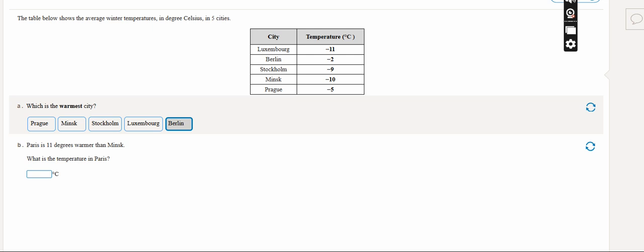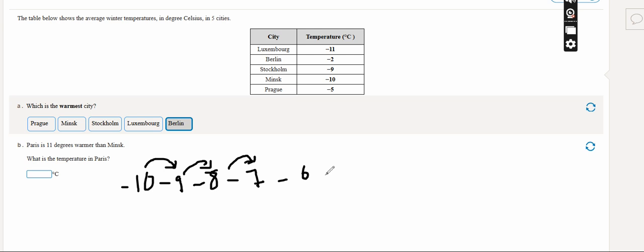What do I mean by backwards is that you will go minus 10, because remember we're going towards the warmer. When we go towards the warmer, it means that it's increasing, so we plus. When we plus, it becomes minus 9 because we're going towards the positive. Remember that, keep that in mind. Minus 9, minus 8, minus 7, keep doing that. Minus 6, minus 5, minus 4, minus 3, minus 2, minus 1, 0,